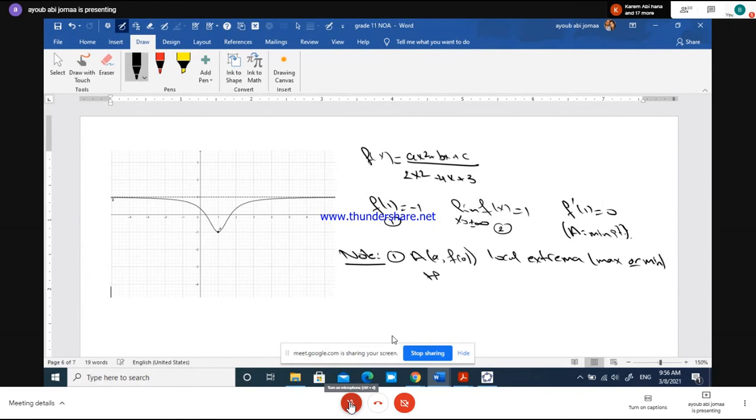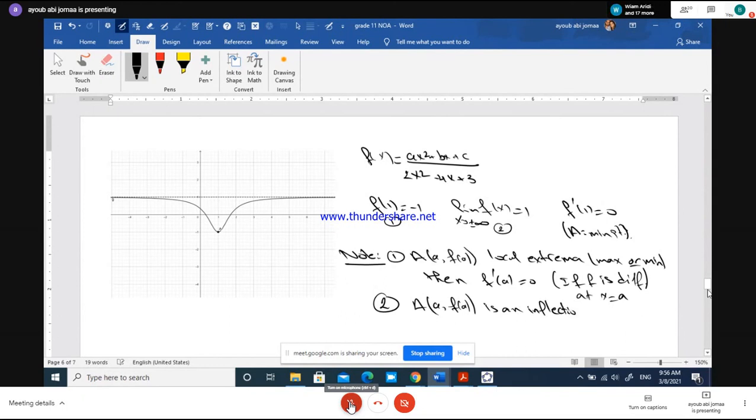Then f prime at A equals 0, of course if f is differentiable, differentiable at x equal A, in other words the curve is smooth. The second: in case you have point A with coordinates A, f of A, which is an inflection point,